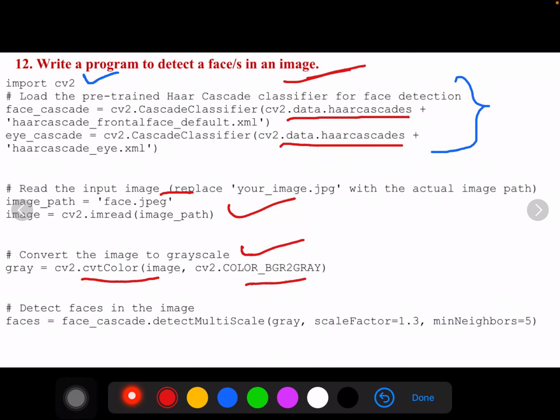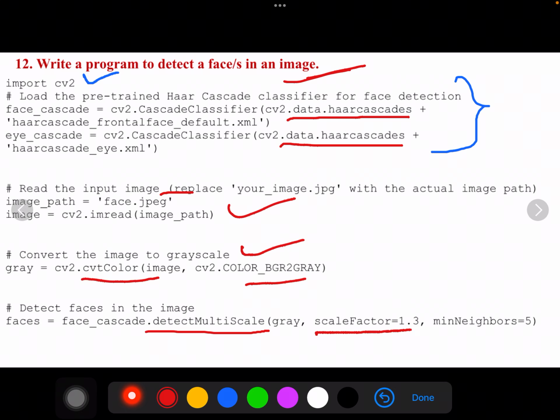For that reason, the detectMultiScale function is used for detecting the faces. So now one by one we will understand each parameter. The grayscale image which has been converted here is passed as the input image to this function. After that we are setting the scale factor to 1.3 here, and this is used to resize the input image for different scales. Why? What is the necessity of